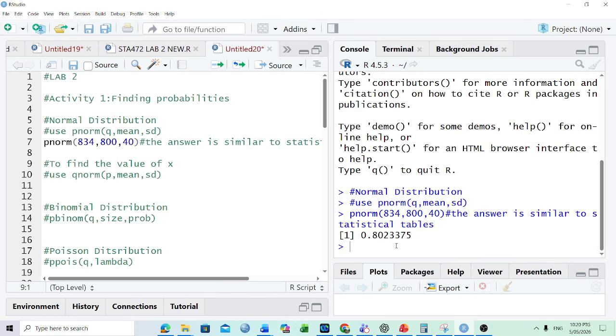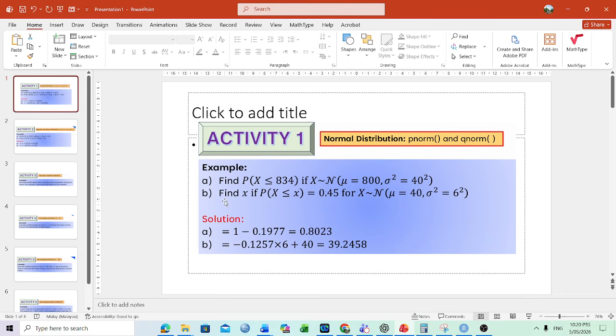Okay, then to find the value of x given a probability, we use the quantile function. For example, qnorm in brackets, you need to have the value of p, whereby p is the given probability, the mean value, and standard deviation. For example, look at B. Let's say that we want to find the value of x if the probability of X less than or equal to x is equal to 0.45, whereby X is coming from a normal distribution with mean equal to 40 and